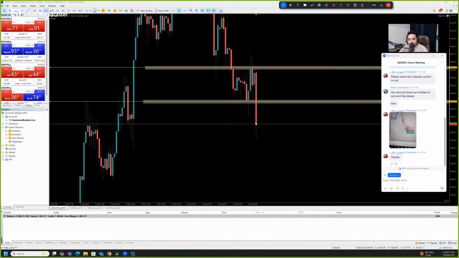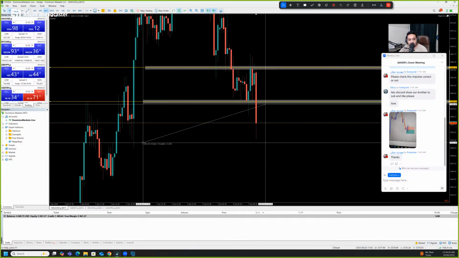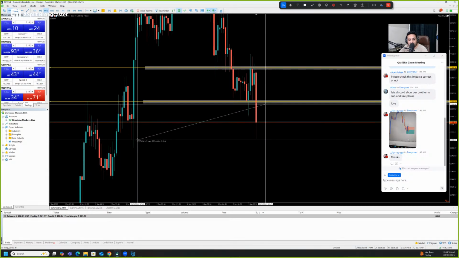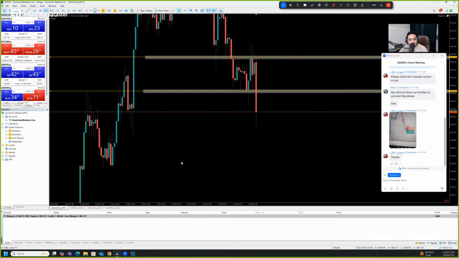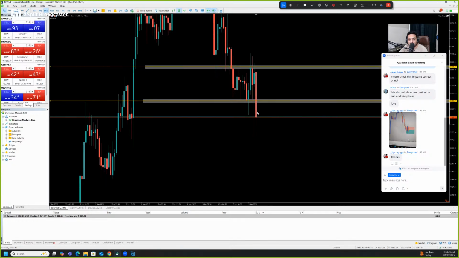So the plan was to wait for the candle to close below the support, but it never let us execute. It filled the complete range. Look at this one. I was talking about it going to fill this wick on the left hand side. It has already filled it, this one. So now we need to wait for some new structure to be formed. We can't do anything. Let's see how this candle closes now.